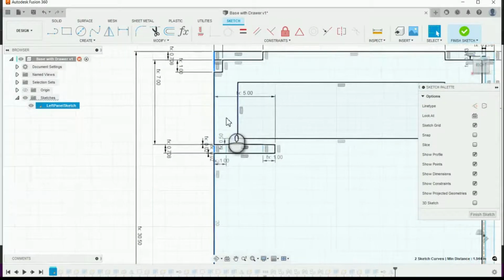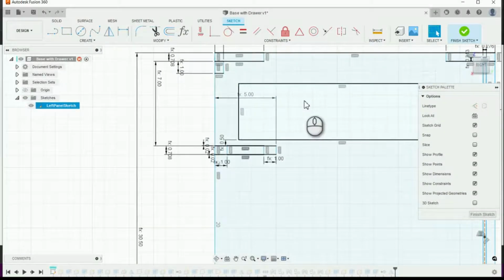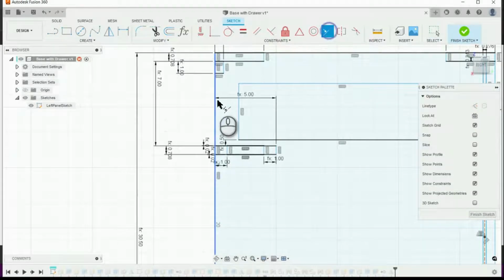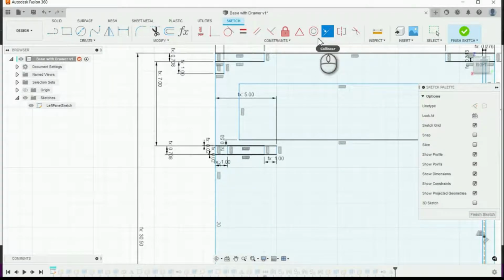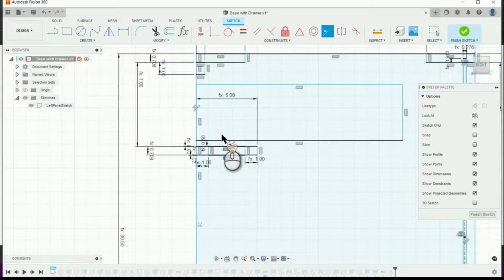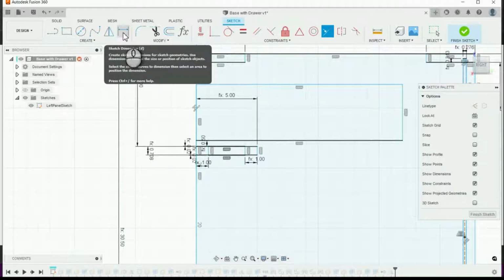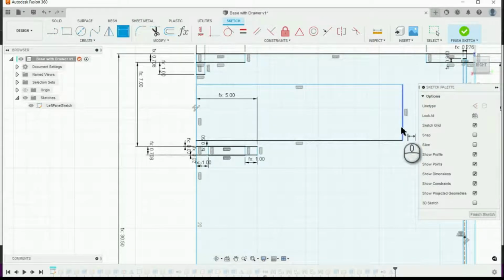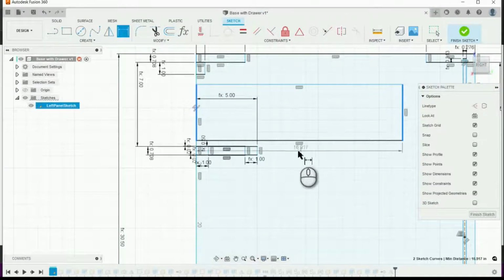I don't know what happened. Oh, sorry. I'm not doing that correctly. I need to hit over here, collinear, this one with this one. Okay. Now I'm going to set the length of the drawer box, and it's going to be from the back